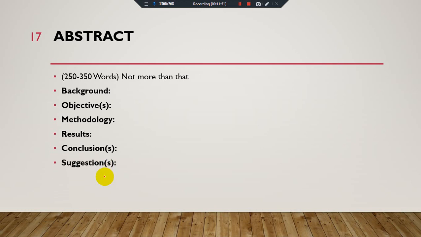And then you provide the suggestions in one line and one sentence. And I think if you provide each content with one sentence, then you will be around 300 words for the abstract. Okay, then you provide the keywords.